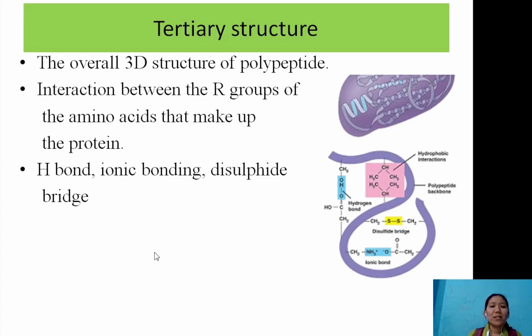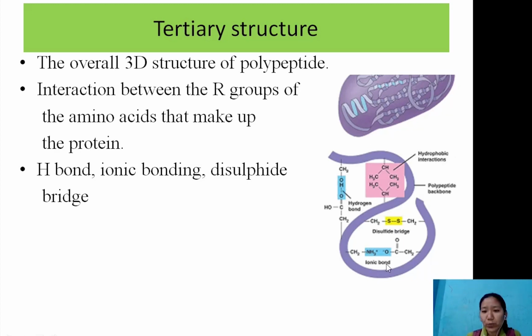Now the third level is tertiary structure. Tertiary structure gives us an overall 3D structure of the polypeptide, and here we can find an interaction between the side chains of the amino acids. For example, this is a chain of polypeptide, a chain of amino acids forming a polypeptide. Here in the chain you can find peptide bond. You'll also find hydrogen bond, and other than that, the R groups